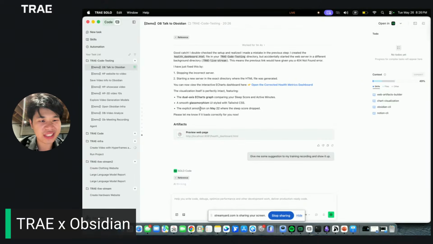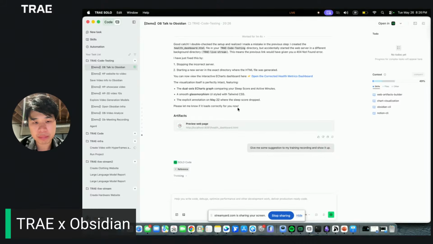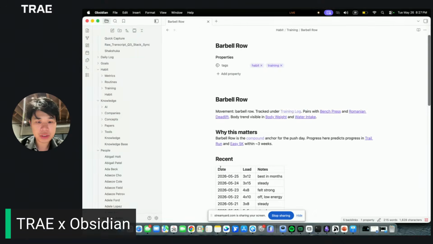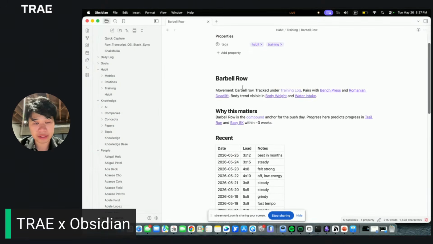So yeah, we just let Augustine talk to each other because I already have the skill. Because I already installed the Augustine skill, right now I just need to talk directly to the AI, and the AI is going to understand. Later it's going to query my habit and training section, get all the records back and do the summarization. So for example, over here, I do a lot of Bumble rows.